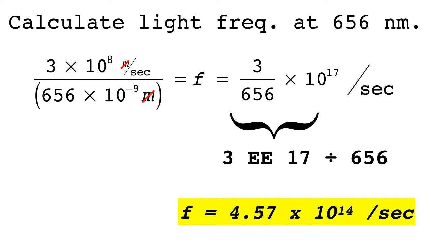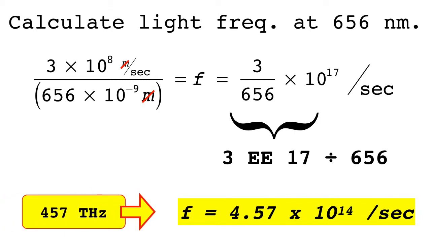Now, when you guys do your calculation here in about 2 seconds, I'm going to ask you for an answer in terahertz. All right? Now, this is 10 to the 14, not 10 to the 12. So you have to factor out the terahertz, and the answer here is 457 terahertz. Now, if you got tripped up on that, or if you're wondering, Dr. B, how did you get 457 out of that?